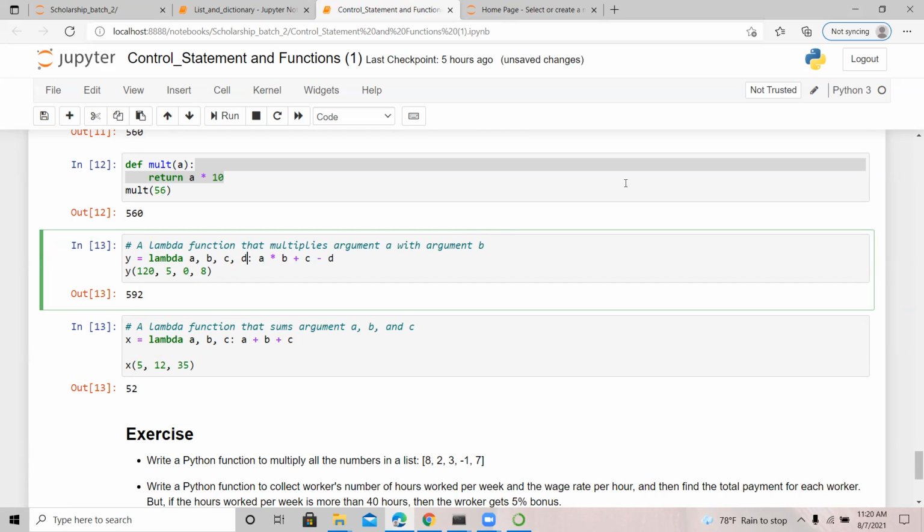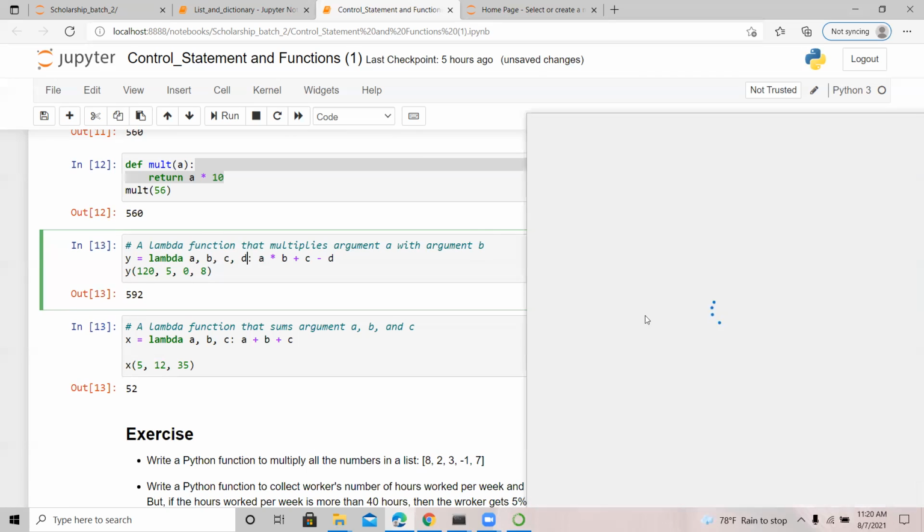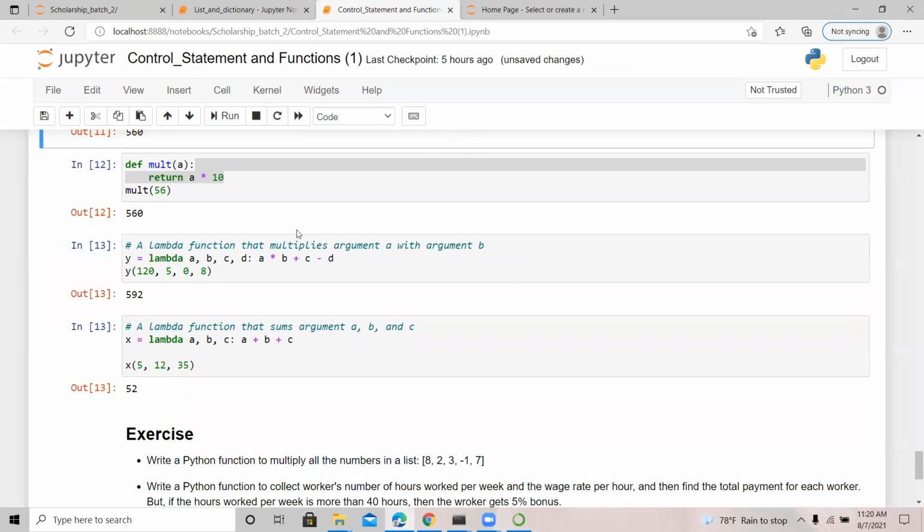Is it clear? Yes, sir. I think the Nigerian class setting is that everybody's used to just keeping quiet and all of that. That's fine. Yeah, Taiwo, your network is breaking. Yeah, my network is actually